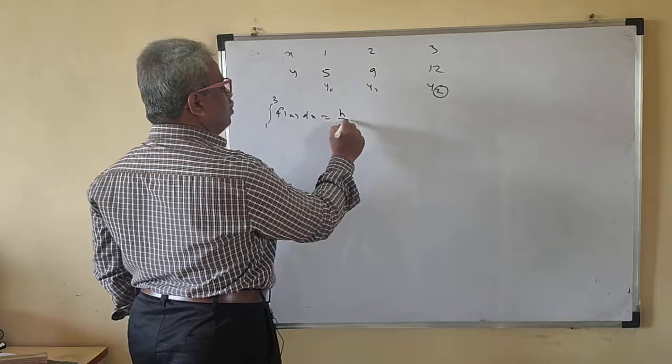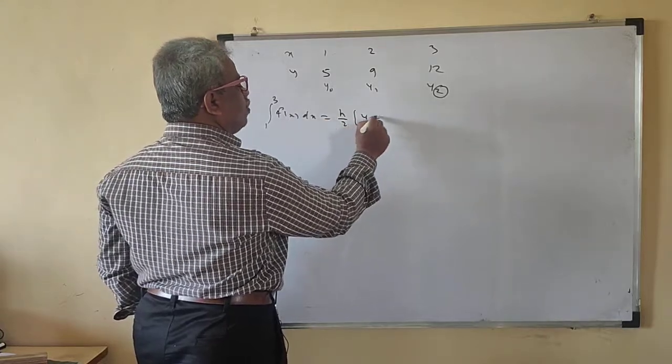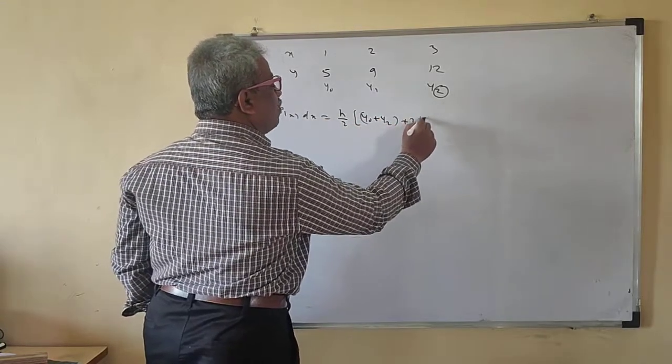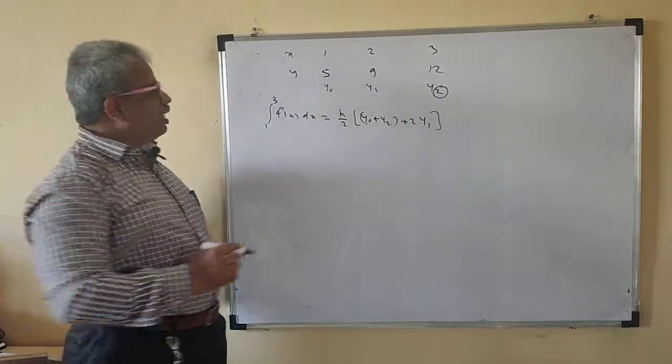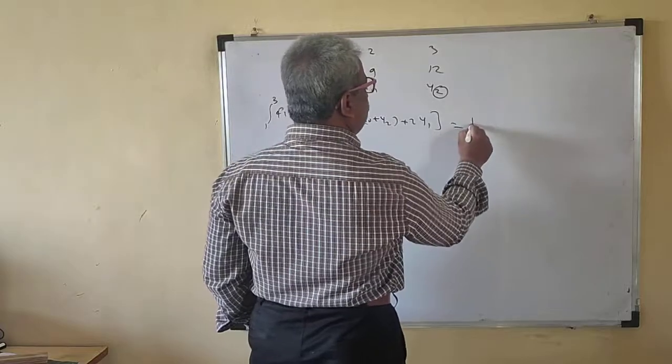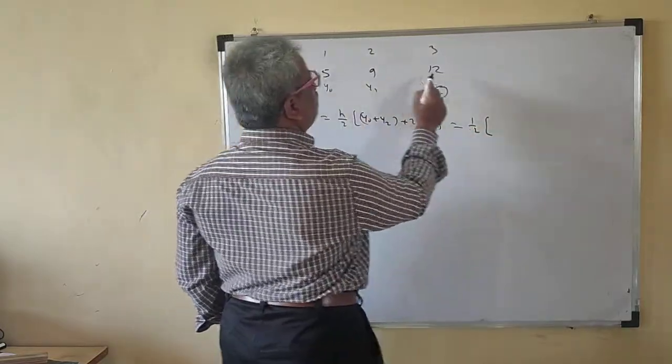H by 2. We will write this as Y0 plus Y2 plus 2 times Y1. This is the formula for the trapezoidal rule. So what is H? H is 1, so this is half of Y0 plus